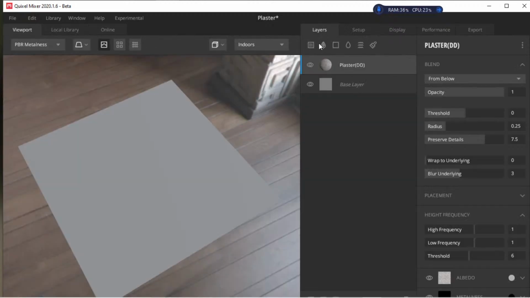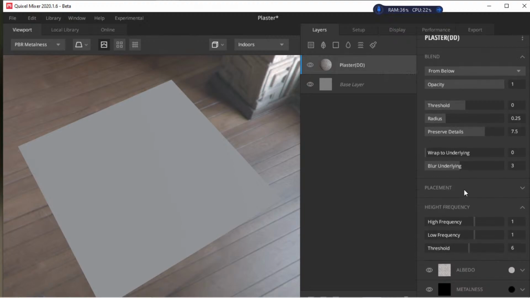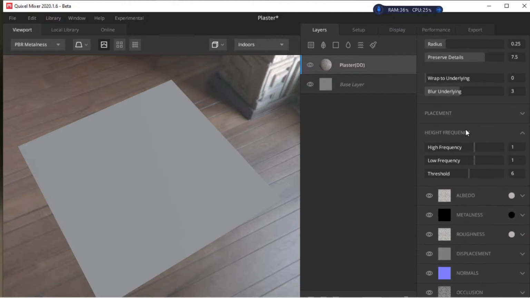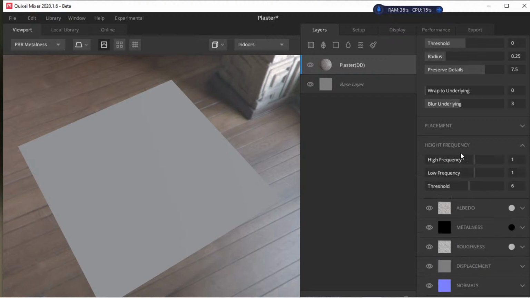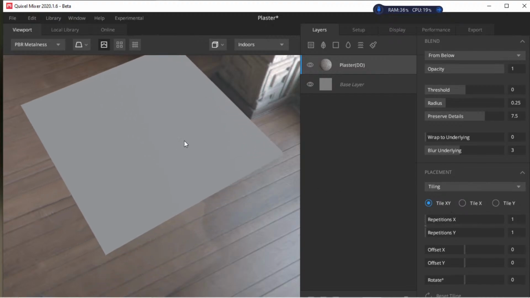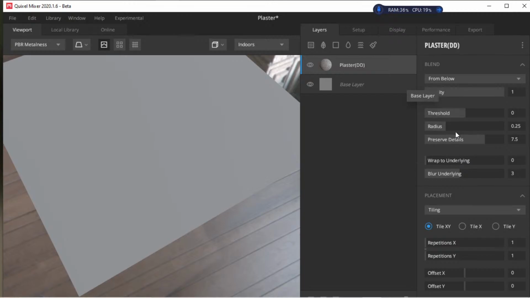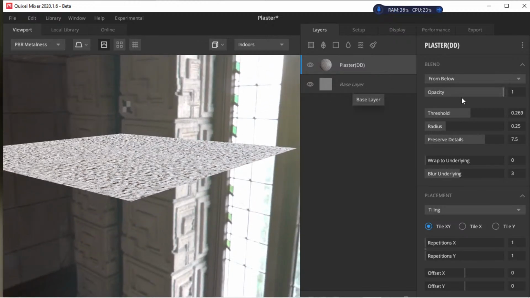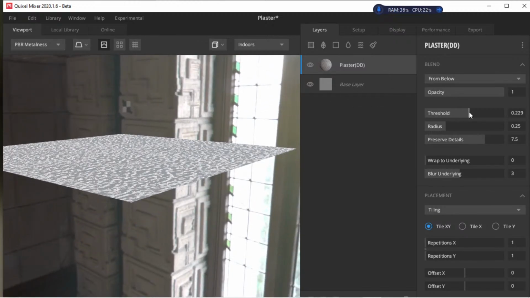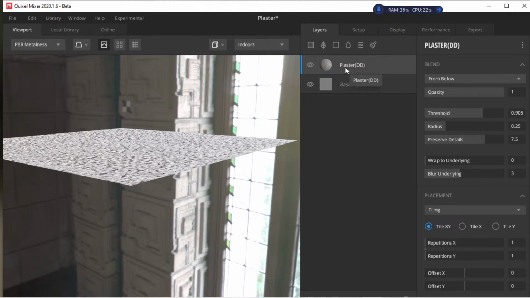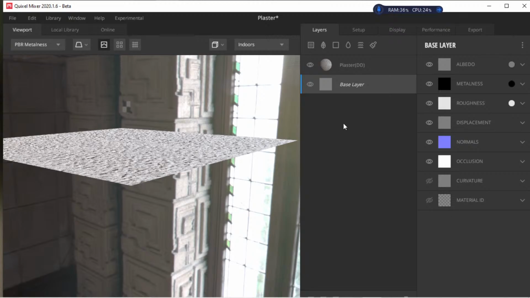Throw that in there. Underneath my layers, I want to make sure that it is, where's my placement? Nope. Is it placement? Bring out the height frequency. Yeah. Okay, so it is placement. It is tiling. We want that. And then right here, we got to bring up the threshold so that it's above our base layer. See how we drop it and it goes below it? And the reason why you do that is because you can actually make this base layer a level of different things. If we wanted to, we could actually attach this to our base layer by putting on,